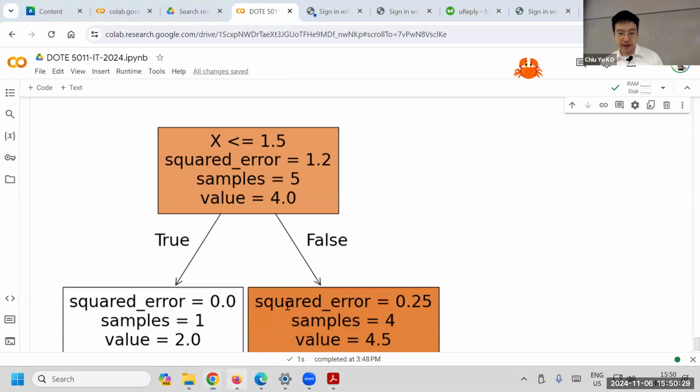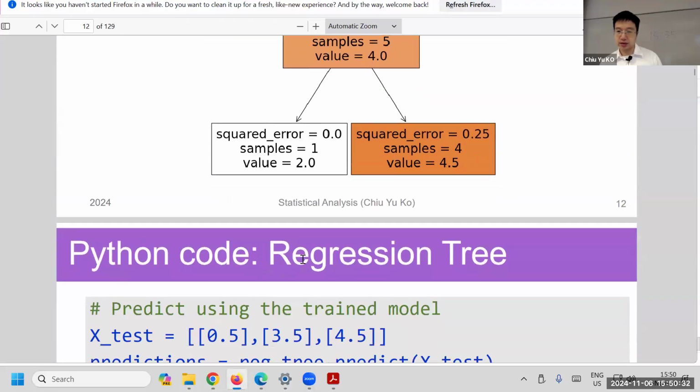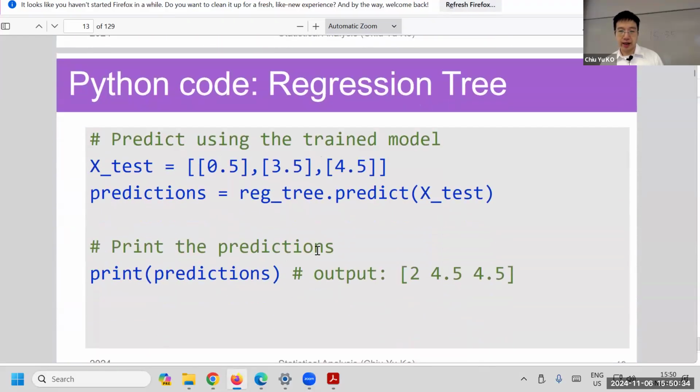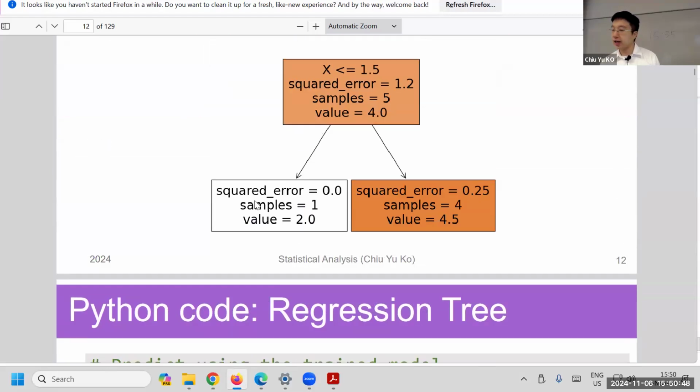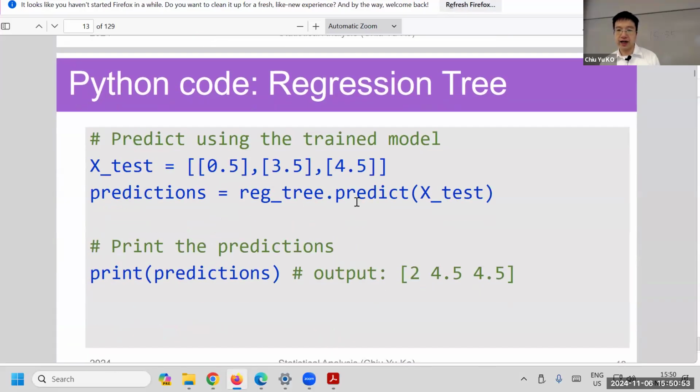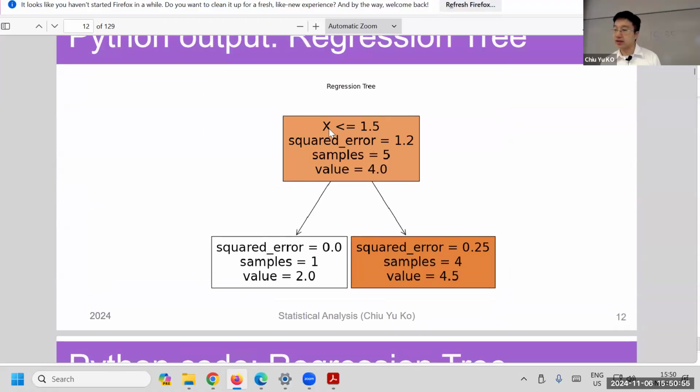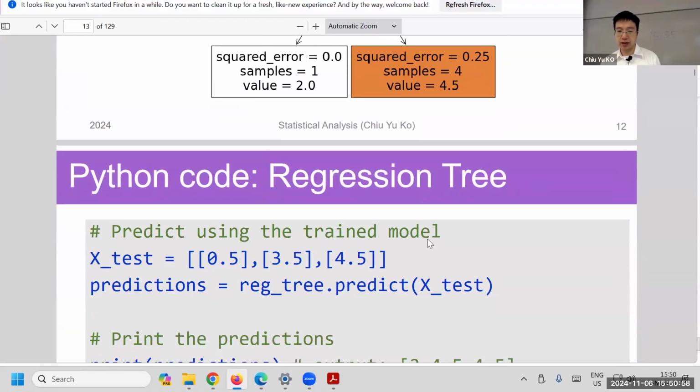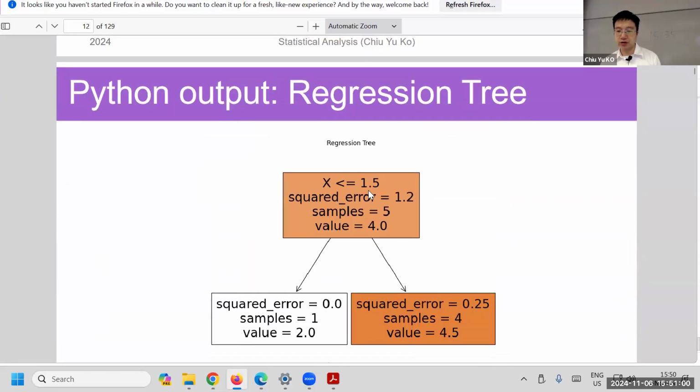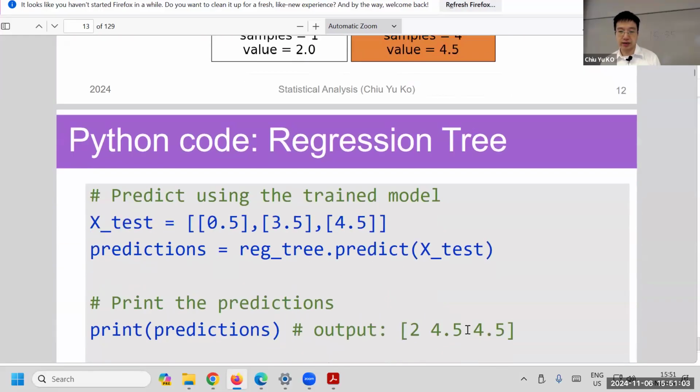Now the next part would be, this is the model, and this is the prediction. You input 5 possible X, and then you ask the regression tree to predict. It should give you this number 4, because 0.5 should go to this side, and give you 2. 3.5 is bigger than this one, you go to this side, and give you 4.5. 4.5 also goes to the right-hand side. So that is how the